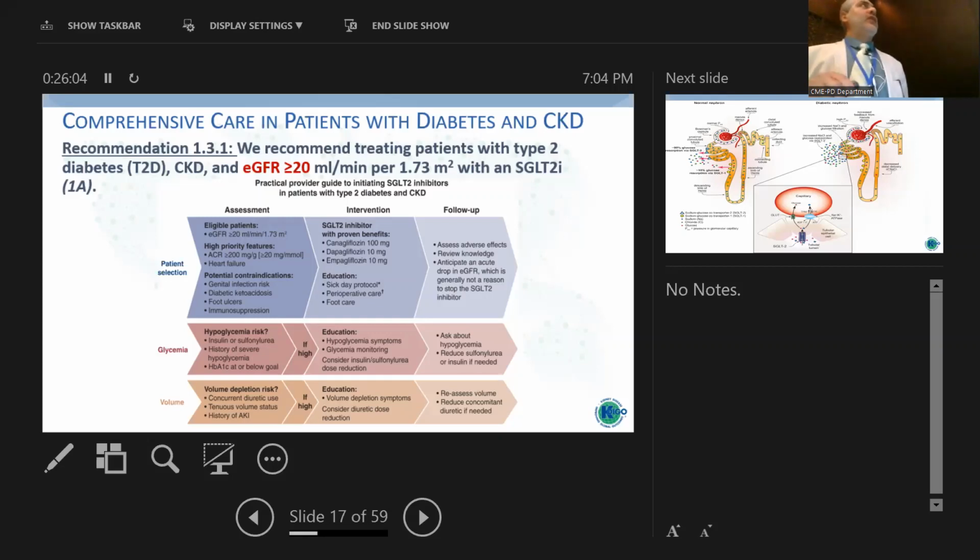But we have to be careful when we start using this medication. We have to properly assess the patient and the patient eligibility, as we just mentioned, GFR more than 20 milliliter per minute. And patients with high priority are those having uncontrolled albuminuria after using ACE or ARBs, and patients with heart failure. All these populations will get maximum benefit of SGLT2 inhibitors. And the potential contraindications are not absolute contraindications: if the patient is having recurrent genital infection, diabetic ketosis, foot ulcer, or patients who are on immunosuppression like kidney transplant. This is the general